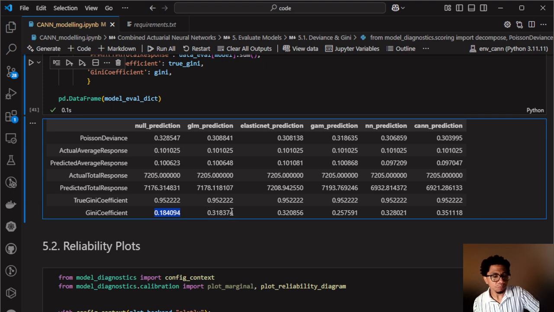And then our GLM sitting at 0.318. Our elastic net performs better than our GLM. Our GAM prediction is much worse. Then our neural net actually performs quite good, so slightly above the elastic net. And then our combined actuarial network is just doing great here at a 0.35. So yeah, our combined actuarial neural net is performing very well in terms of the Poisson deviance as well as